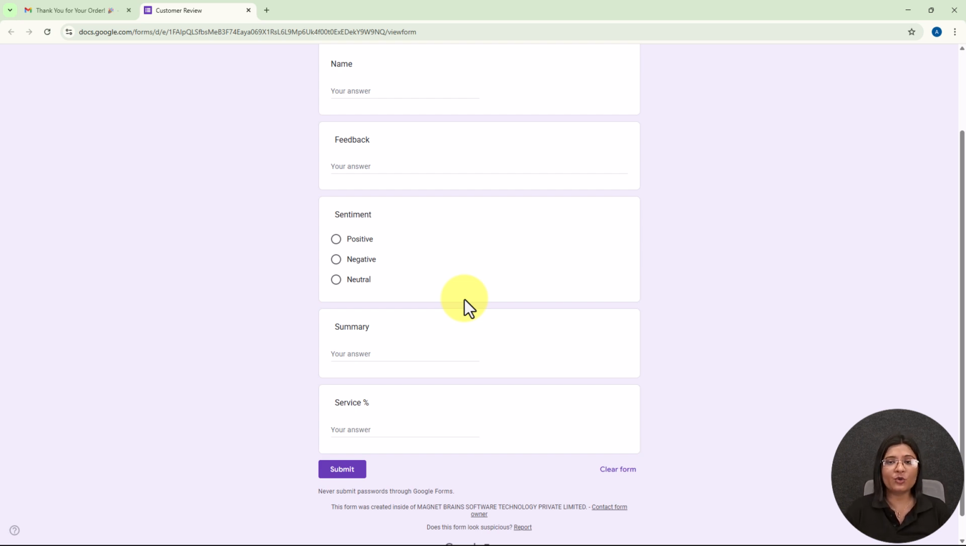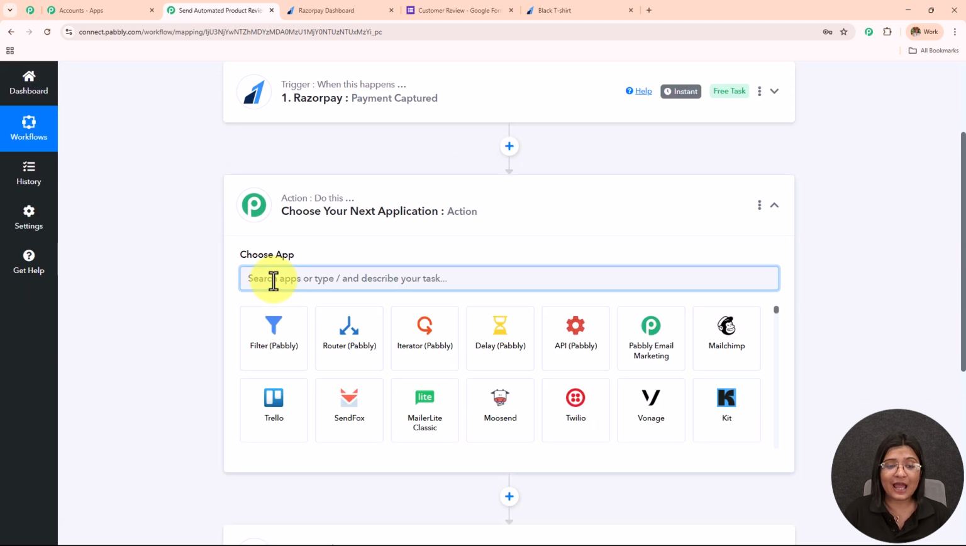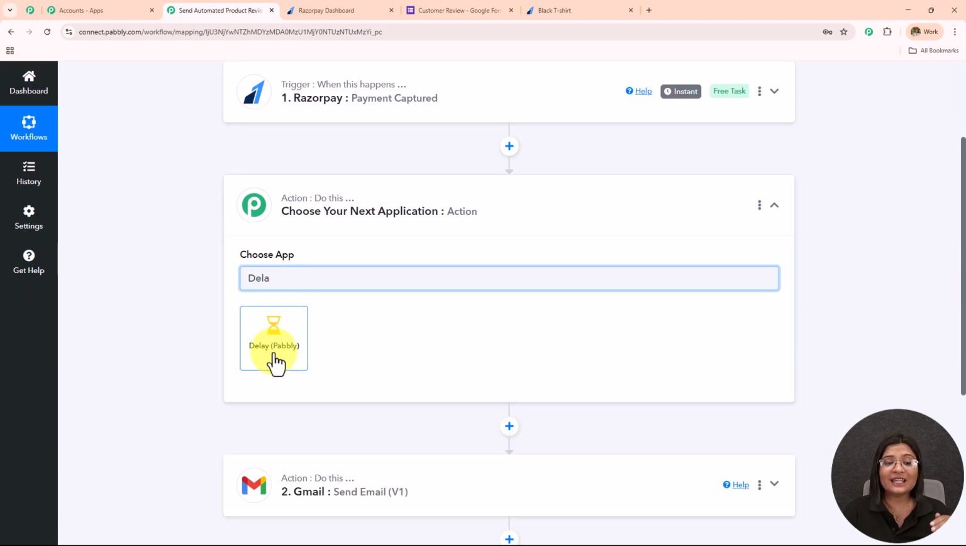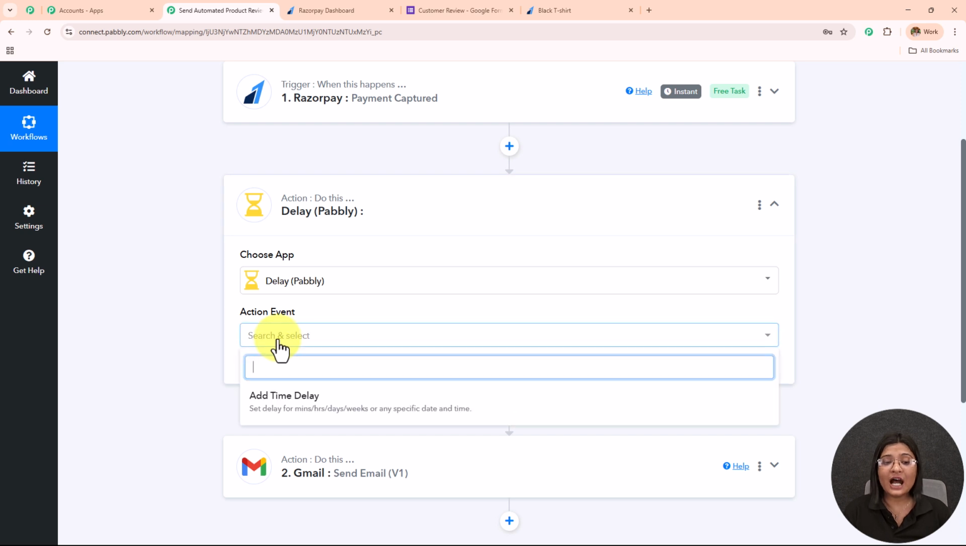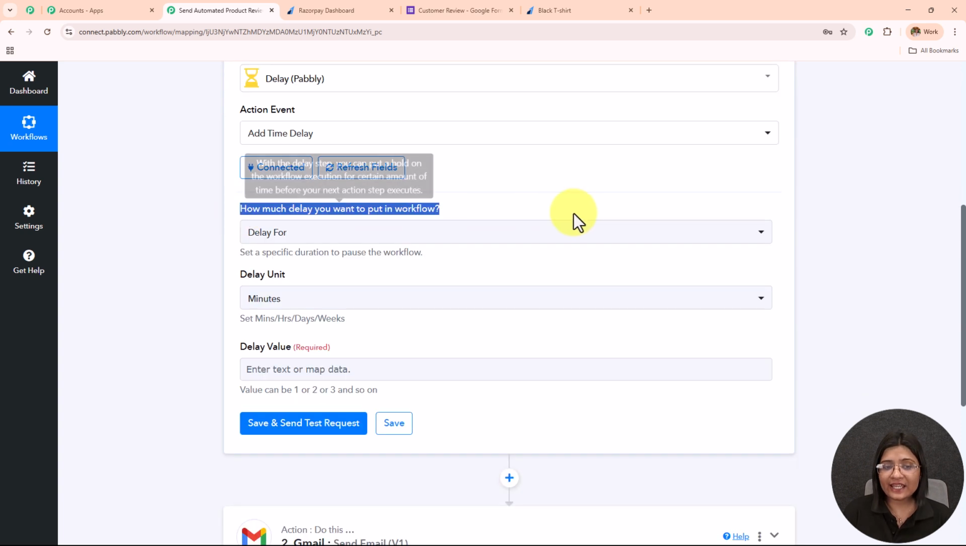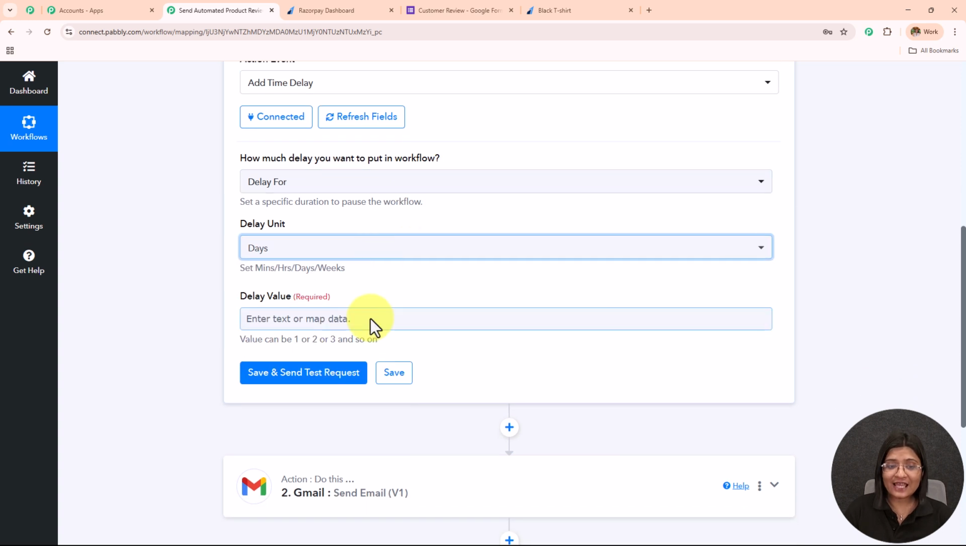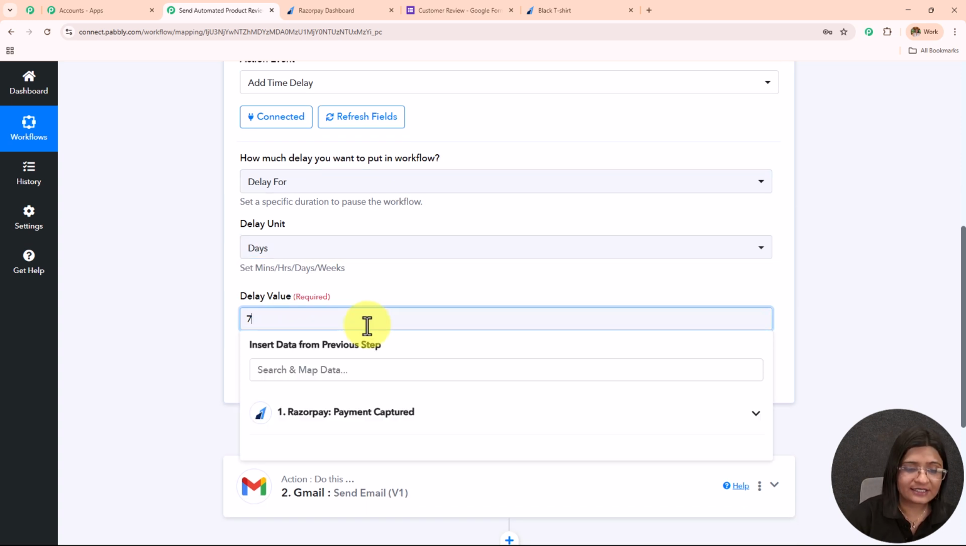Now in this workflow, what you can also do, if you want to send this mail 7 days after the payment has been done, like let's suppose the delivery takes 7 days and you want to send this mail after that 7 days, you can simply click on this add action step button and then you can select your action application as delay, and you can then delay this workflow to run until that day. So I'm going to click on this add time delay. I'm going to click on this connect. Like here, how much delay do you want to put in workflow? I'm going to delay this for days